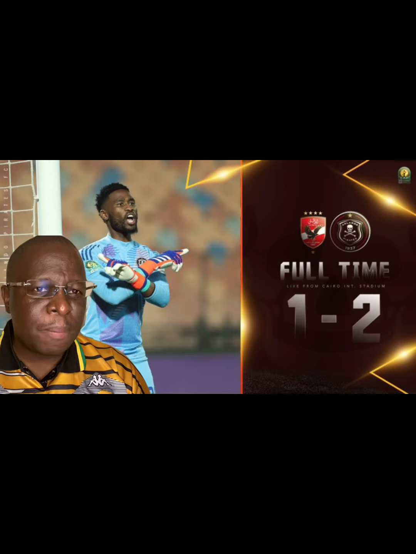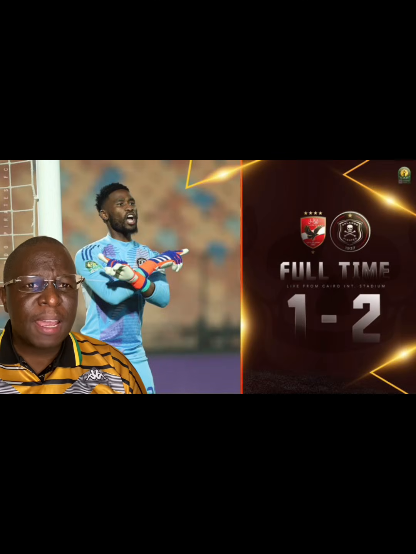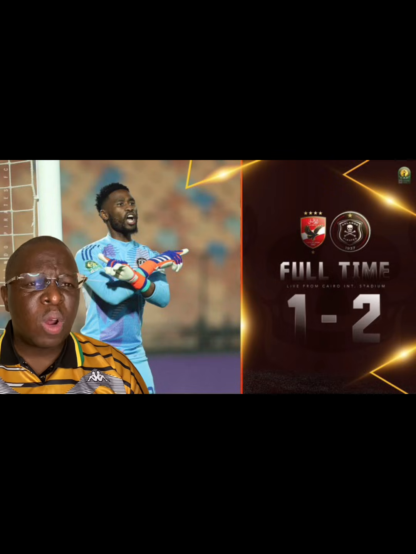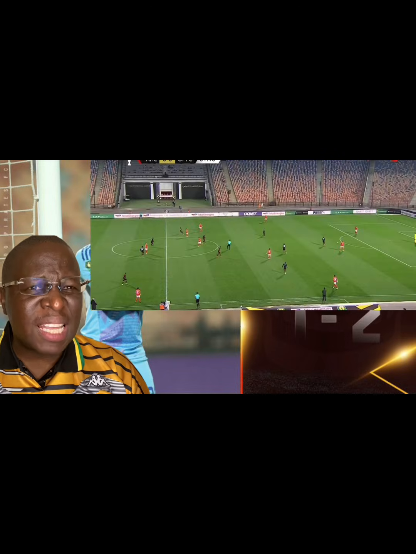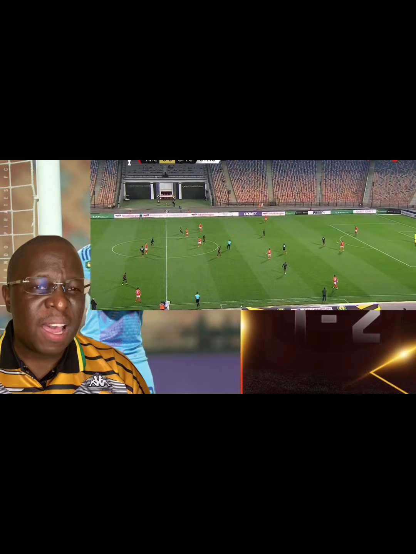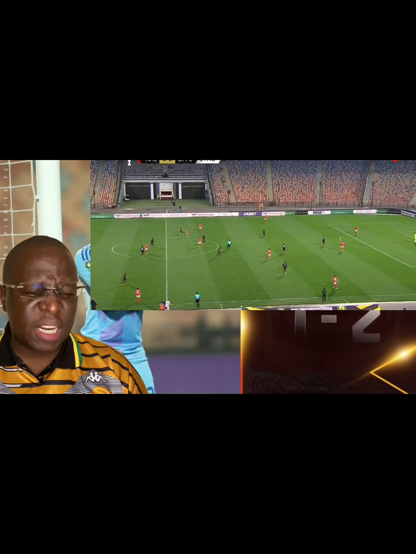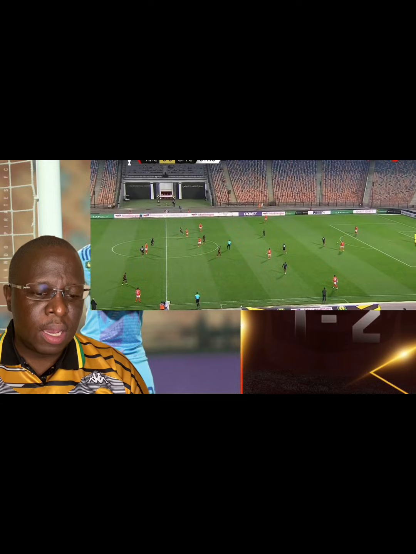Now, let's look at my first half observation tactically, Buffett. Personally, in the first half, I was very, very impressed by Orlando Pirates. But what impressed me the most in this game was what they were doing out of possession, right? For me, that was the highlight of the first half. I honestly think the midfield was neat. The midfield was compact. We kept a rigid shape. We did not allow Ahly to go through the midfield.